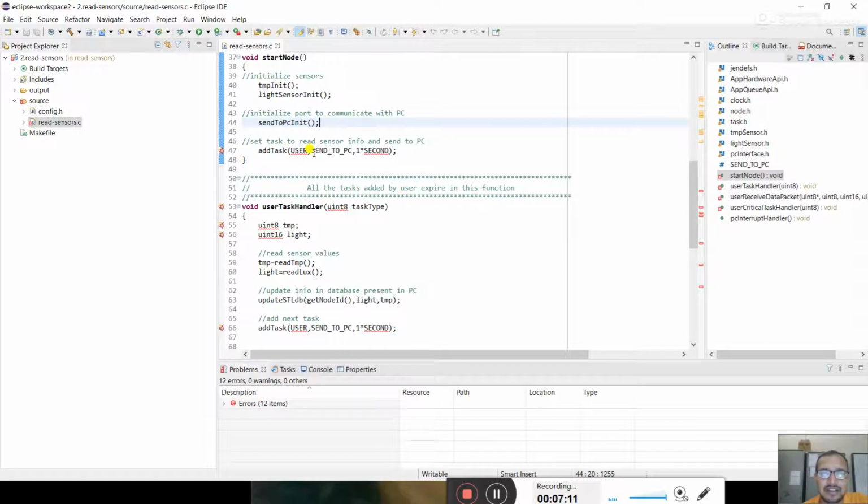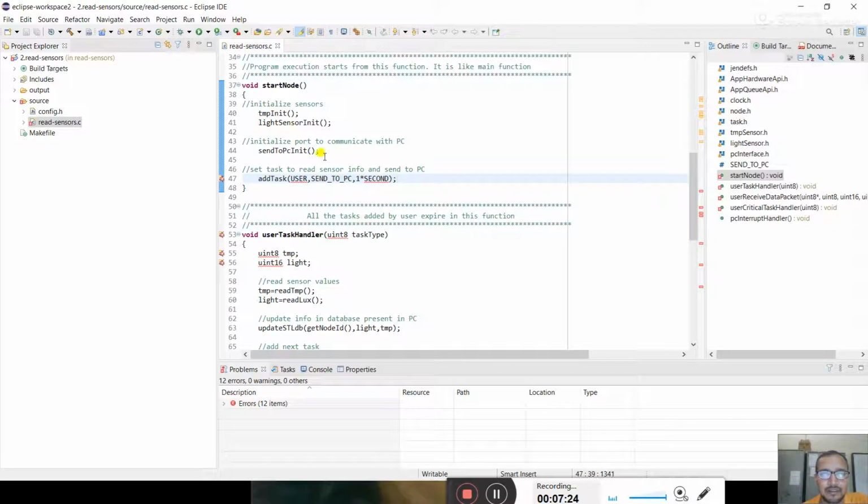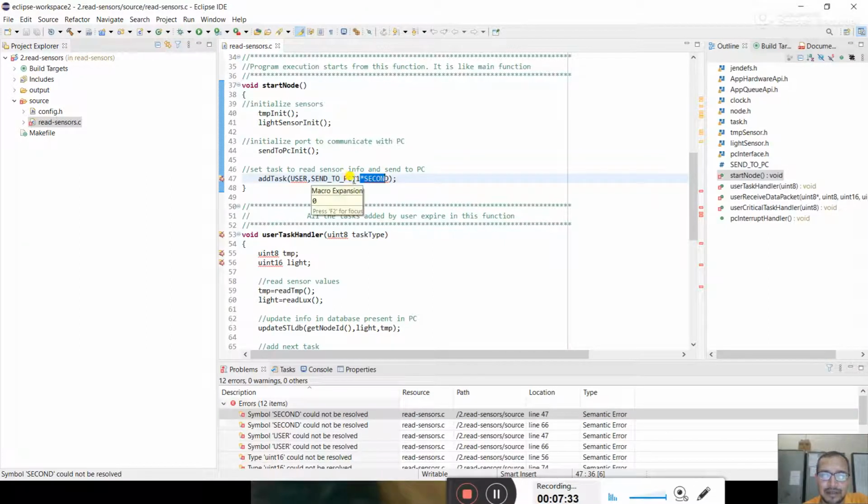Now add task: user send to PC, 1 second. This is the add task function. What are the parameters of this function? The parameters are user send to PC and 1 second. There is a factor for the second, and this parameter is 1.